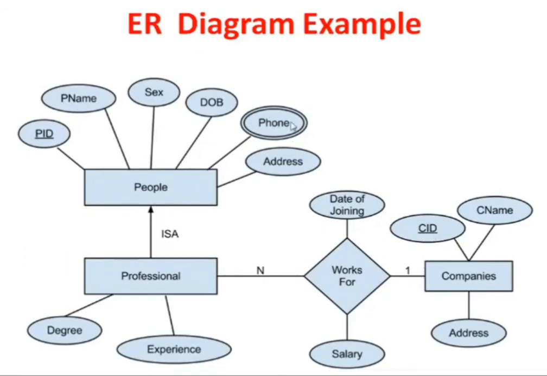And here one more thing is there. It is not in the syllabus, but let me explain it to you. This is a multi-valued attribute. One ellipse within another ellipse is used to represent it. It is multi-valued because a professional may have multiple phone numbers. Date of birth will be only one; name and IDs, everything will be one. If we need to store multiple values, multi-valued attributes can be used. So this is one ER diagram example.